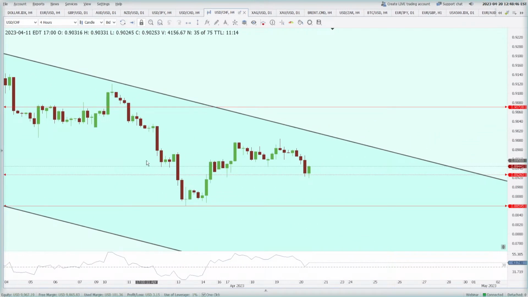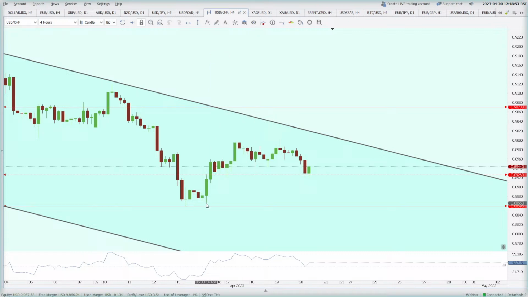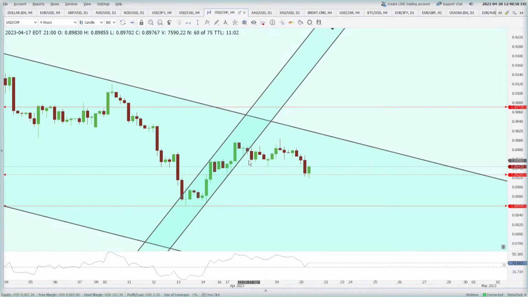So when you made this up move in this process, you can make a channel by joining these recent highs. When it breaks to the downside, you can look for a selling opportunity. I think this is your selling opportunity, or even you can sell with this bearish pin bar also, and expect this recent low to be tested. And see, in this process, this recent low has been tested on the 4-hour, and even in today's 4-hourly candle, the price has breached that low also.